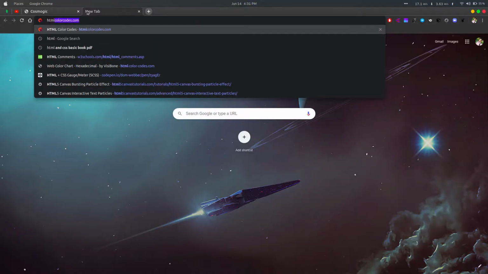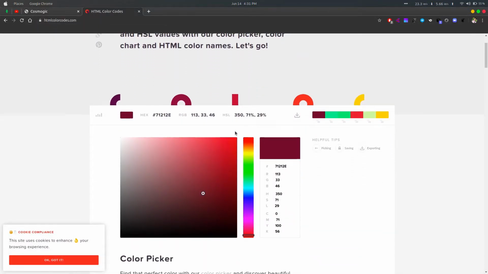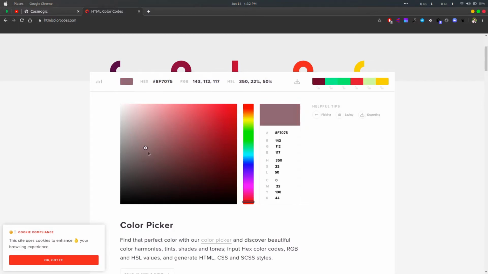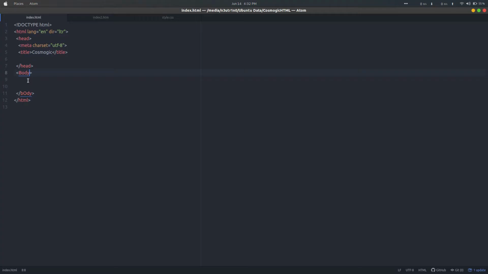We have one more website also, that is htmlcolorcodes.com. We will search for it, and you can see that any color we search for, we can get here. If I want this color, you can see the hex part, the hexadecimal value 59. This is the RGBA form, and this is the HSLA, hue saturation light. So these are the three basic coloring techniques. You can use any of them, and each one gives this same color.